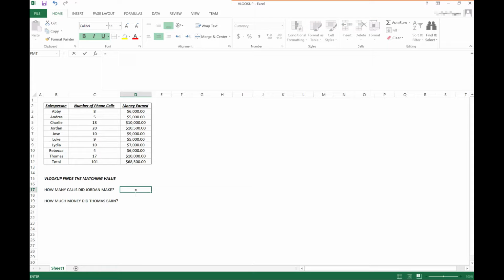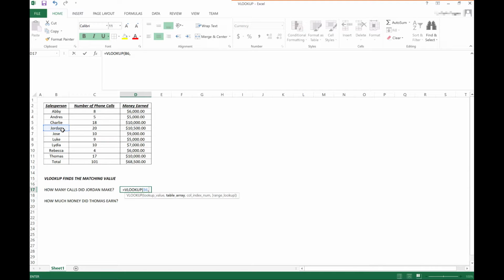To do that, I press the equal sign and I start typing the Vlookup formula. Excel suggests the actual formula with the criteria for the formula. So the first thing that I'm going to enter is the lookup value. And so for that, we're going to select Jordan because we're interested in his calls,